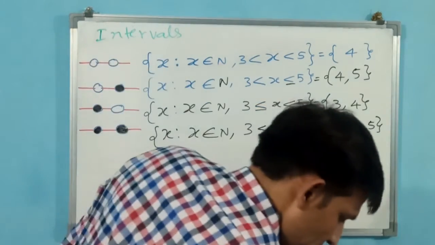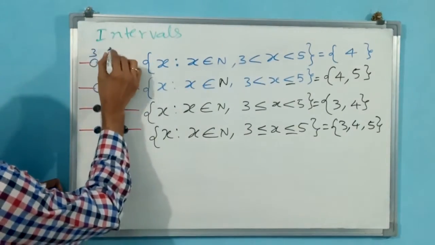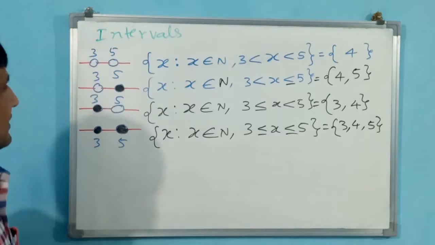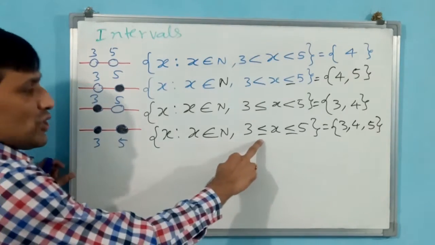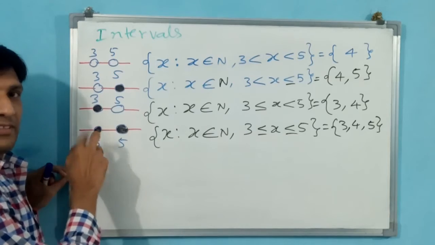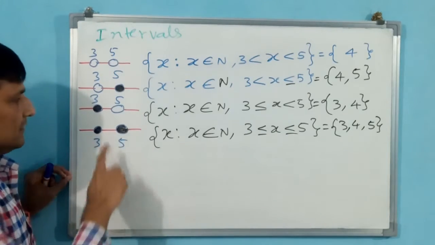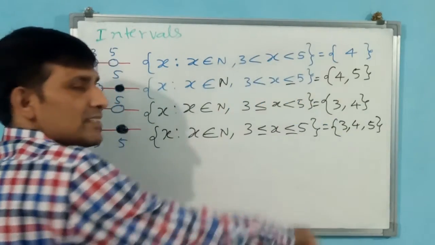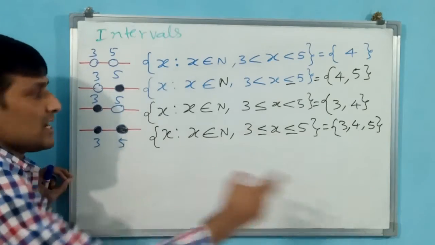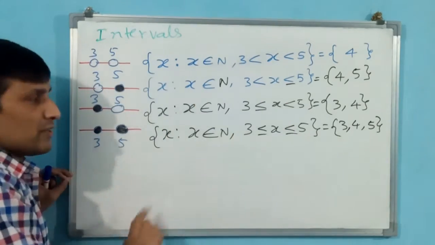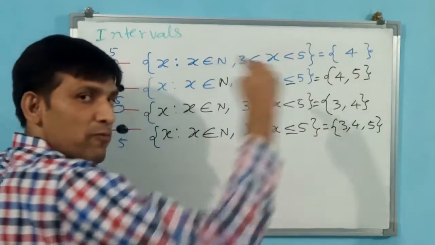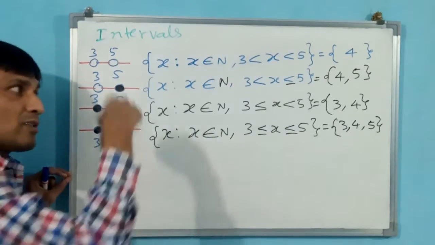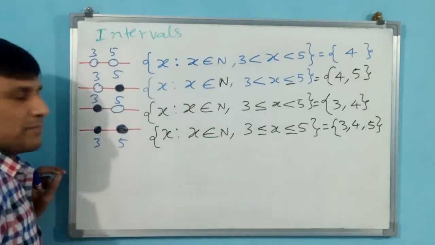Okay. Now these values also I am writing. Here this is 3, this is 5, this is 3, this is 5, and so on. What you understand? When equal to comes, you have to close the bubble, a small circle. Okay, like this you have to represent. Another representation is there. I am going to show you after removing these values. But let's slowly remove one by one. You first understand these, then I am going to put the original final concept of interval there. This is also final only, but we are going to make that concept more clear.